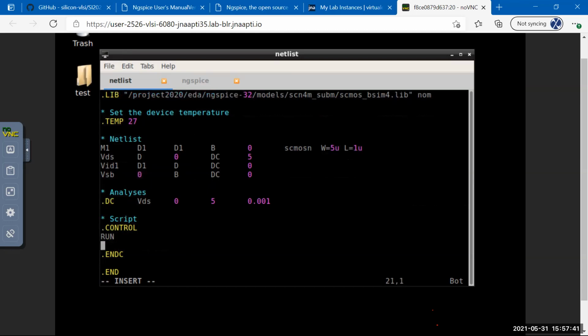And then once it's run, what should we do? We should plot it, right? Plot. And we're going to plot what? The branch current of VID versus, and again, this hash branch is again a very